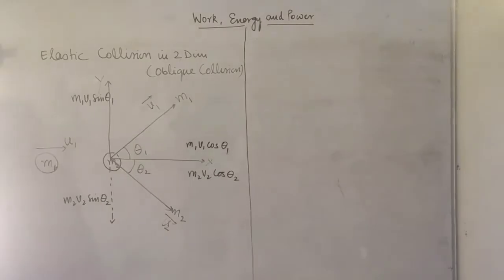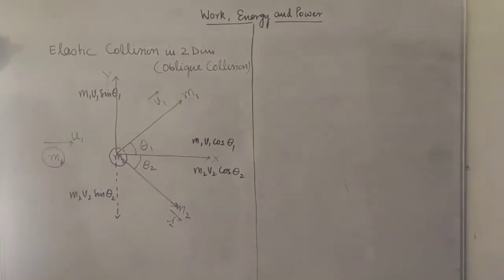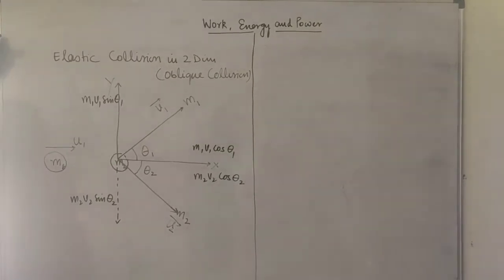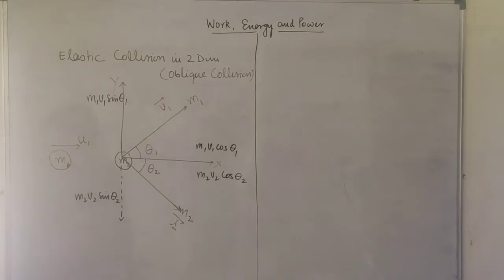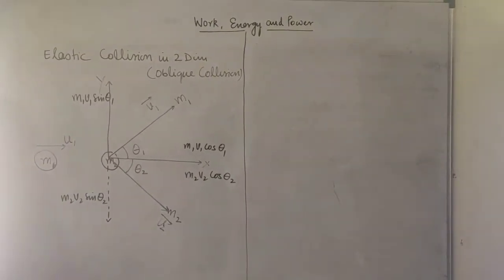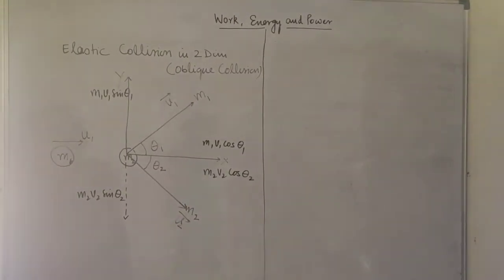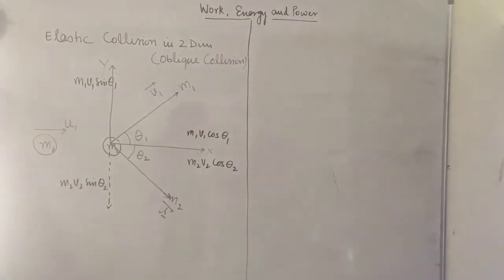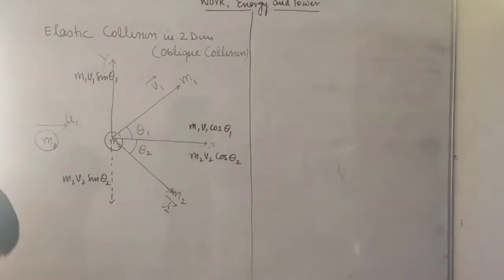You can see that these two are exactly opposite, but they are not equal now. What will you do? Collision starts from this point. Why is there a need for components? Because I am considering momentum as a vector quantity, so I have to take the components. But in case of a scalar quantity, that is kinetic energy, I will not consider it as a vector quantity and I will not take components. Now collision starts from this point. So before collision,